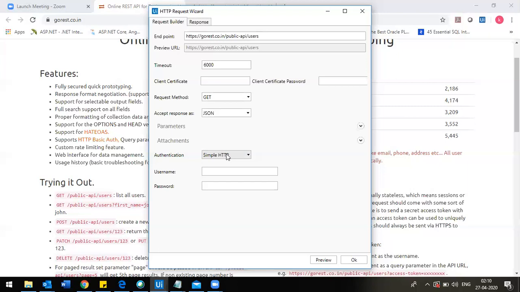Because unlike web applications, RESTful APIs are usually stateless, which means sessions or cookies should not be used. Therefore each request should come with some sort of authentication credentials. A common practice is to send a secret access token with each request to authenticate the user.